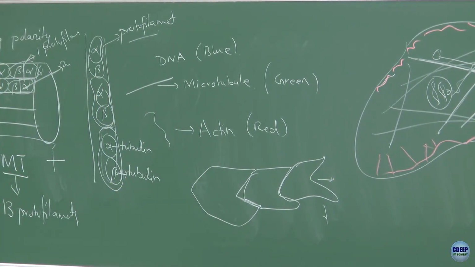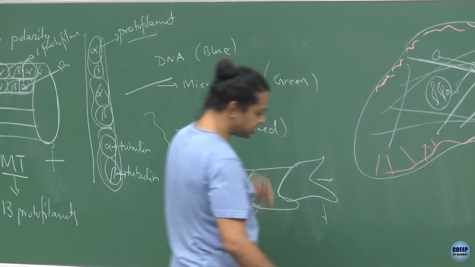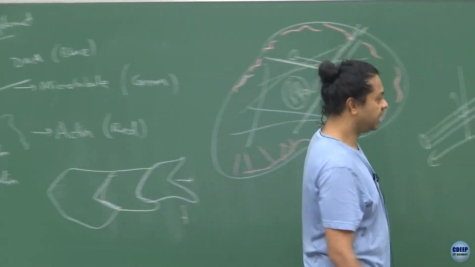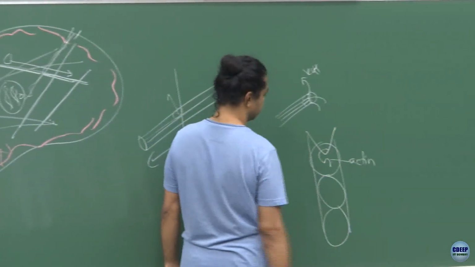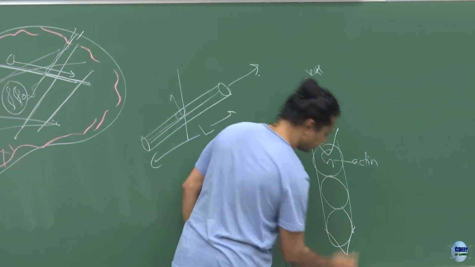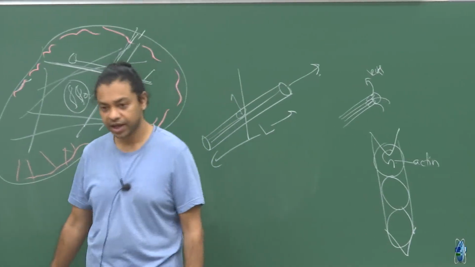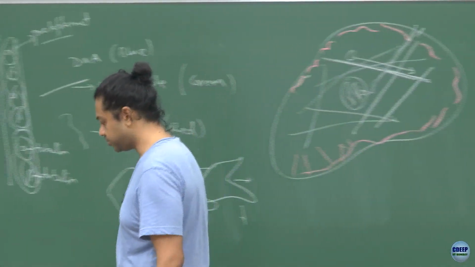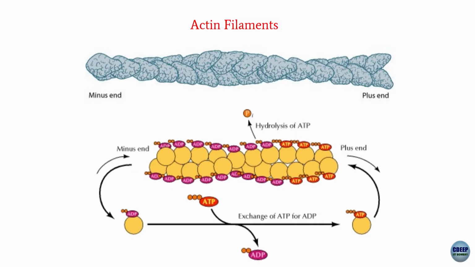So, there is a structural asymmetry of this G actin, which means that when you assemble into filaments, if you look from one side you will see some structure like this, and if you look at the other side you will see a pointed structure like that. That gives these actin filaments some polarity as well. I forgot to say for microtubules, but these polymerization processes are essentially